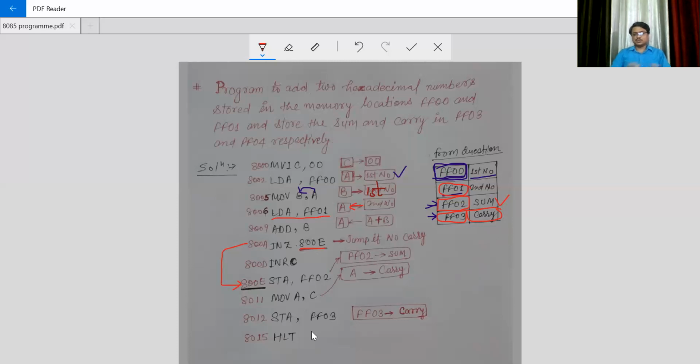Now you must have understood there are so many concepts, and we will see one more program in the next class. There is no limit to programs, so I am not going to do 10 or 20 programs, but I just want to tell you how to program and how to think about programming.